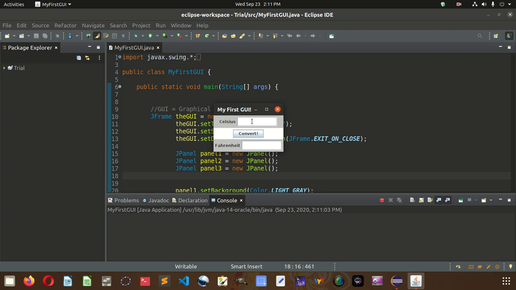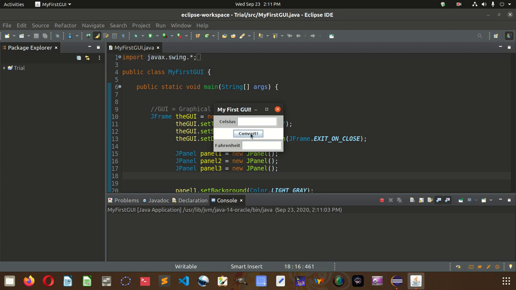Now if I hit Tab, that goes to the button. So now the button Convert has focus. If I hit Tab again, go to Fahrenheit, the Fahrenheit text field now has focus. You can also click on different fields. So now because I'm clicking on Convert, each time I do, the Convert button has focus. When I click on the Celsius text field, anytime you go back and forth between different elements, that's called focus